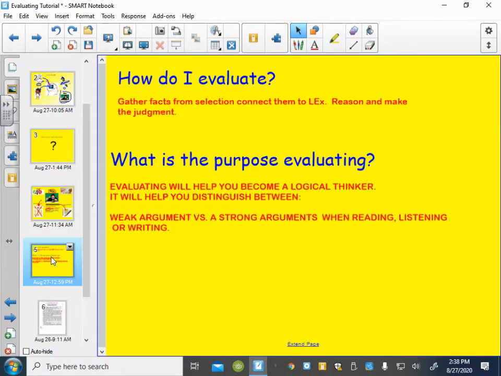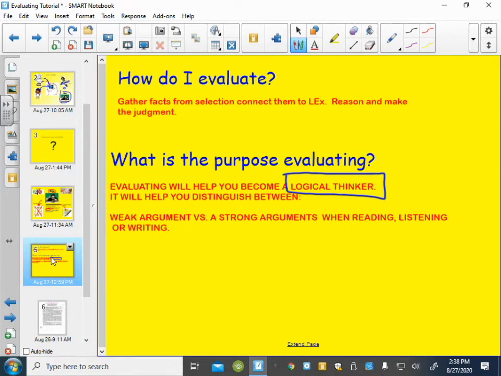You might be wondering again, what is the purpose of evaluating? How is that going to help me? Well, when you become comfortable evaluating, it is going to help you become a logical thinker. What is a logical thinker?